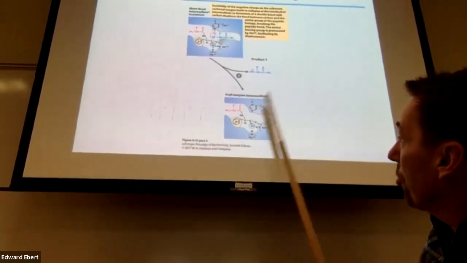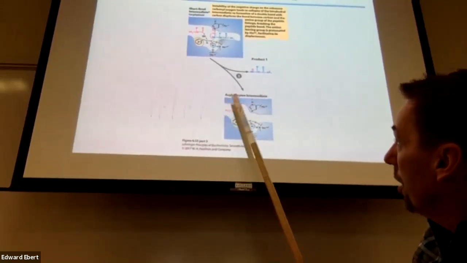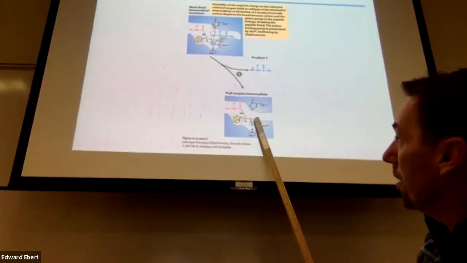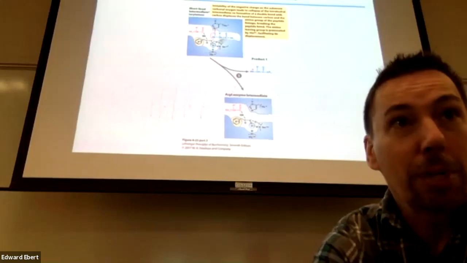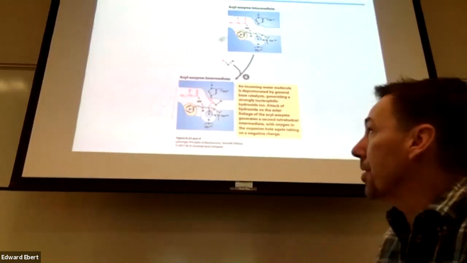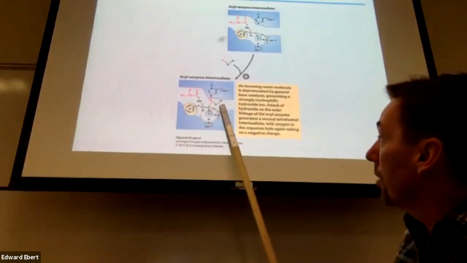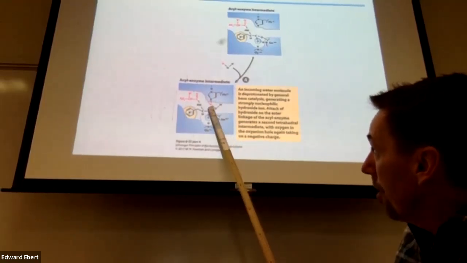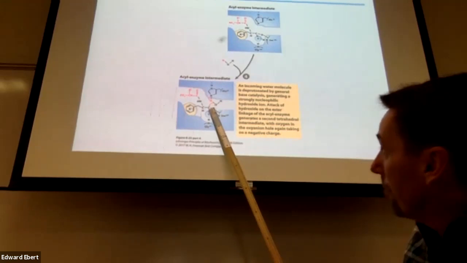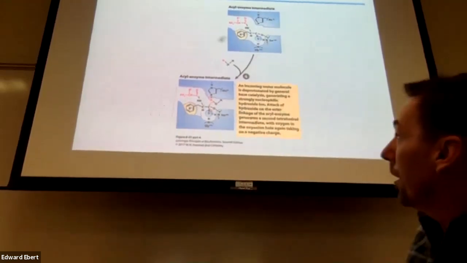We can release that first product. We've made our cut. We have this acyl enzyme intermediate that's now covalently bound to that serine. So we can bring in water to hydrolyze that serine-acyl bond. Okay, so the water comes in there. Again, it gets stabilized by that histidine, and this oxygen can attack that, jump these back up this way, and